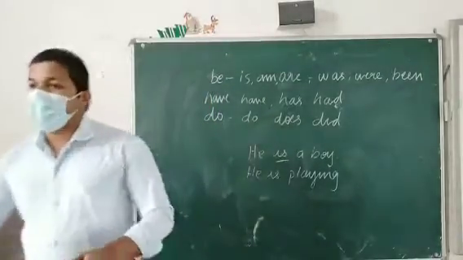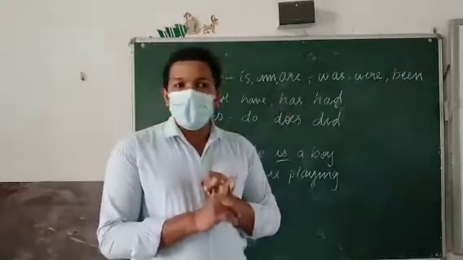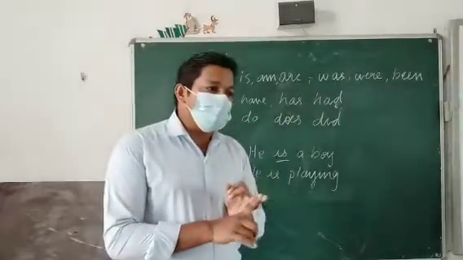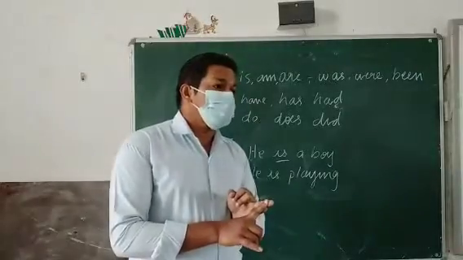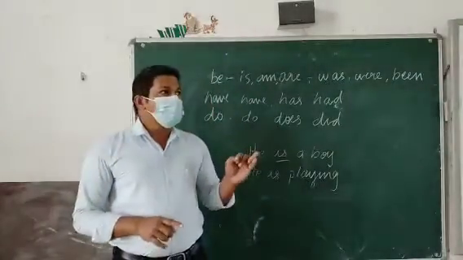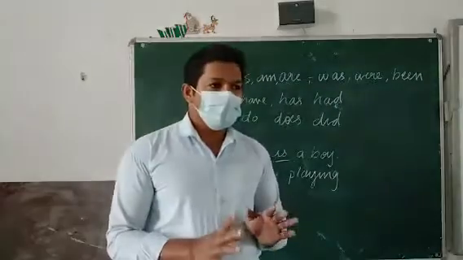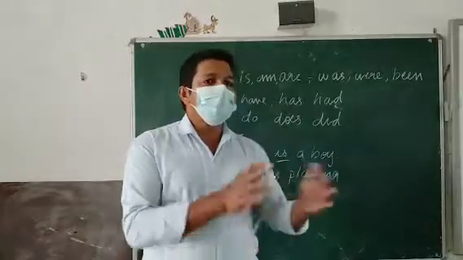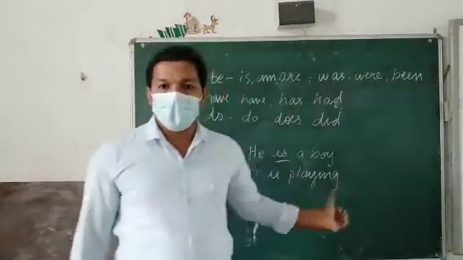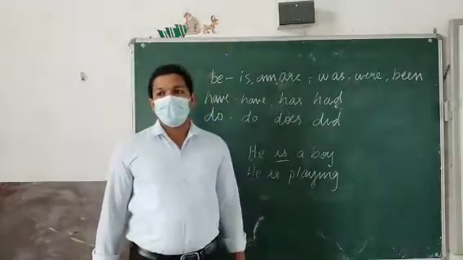So there are four usages of auxiliary verbs. One, it is used for making questions. Secondly, it is used for making passive forms, passive voice. And another is that it is used for making negatives. Do you understand? If you want to make a sentence negative, we have to use an auxiliary verb because we have to add "not" with the auxiliary verb.